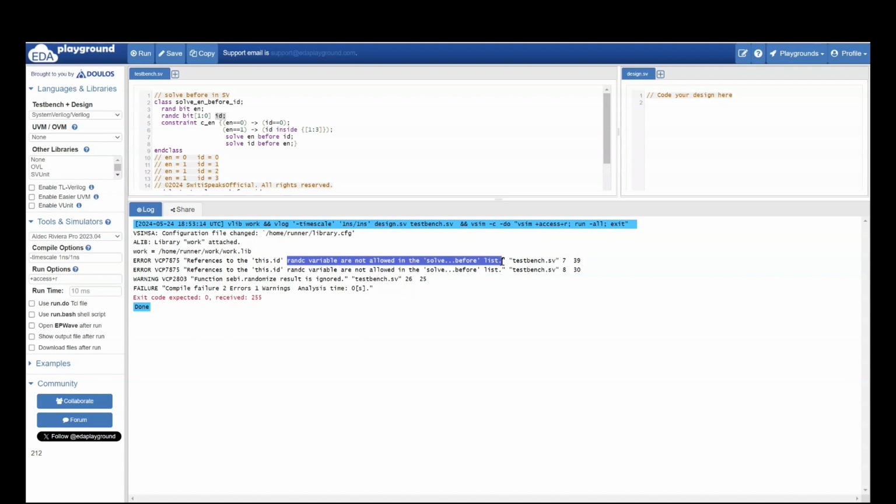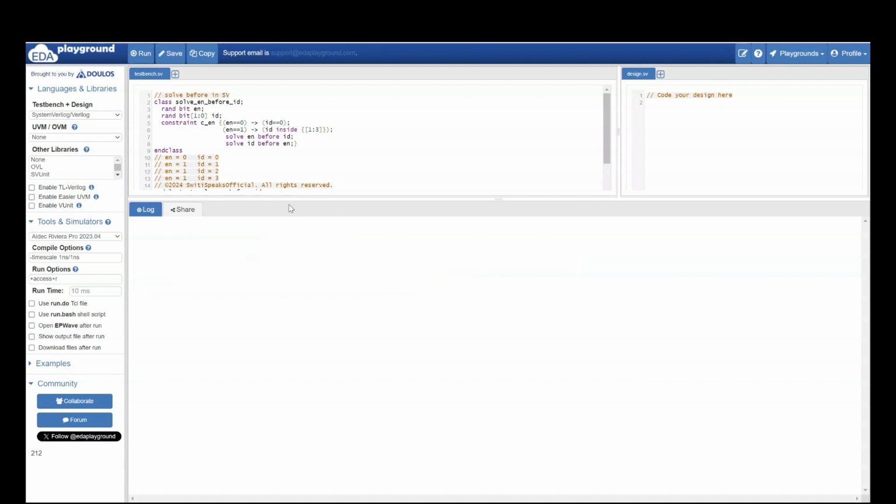In the SystemVerilog tutorial series, in the solve before video lecture, we had already discussed the rules for using solve before. In that rule, I had said you cannot use solve before with randc variables. Randc is cyclic randomization. You can't use solve before and randc together. Here, id is one of the variables inside solve before, and id is also randc. This is not allowed. You need to solve this. So what I'm going to do is remove cyclic randomization, and then we will rerun it.